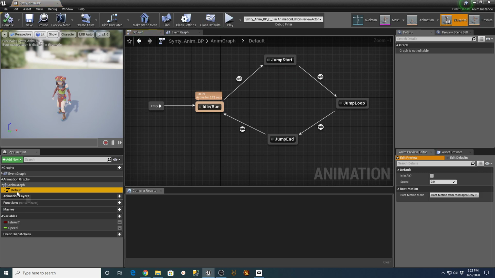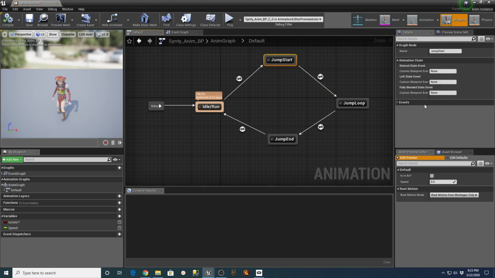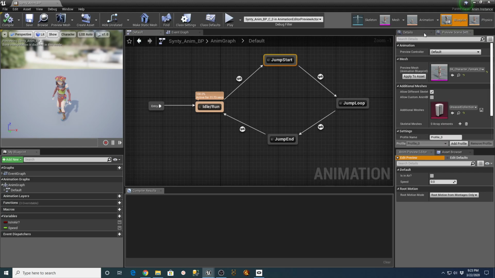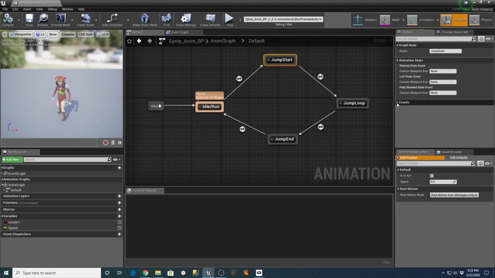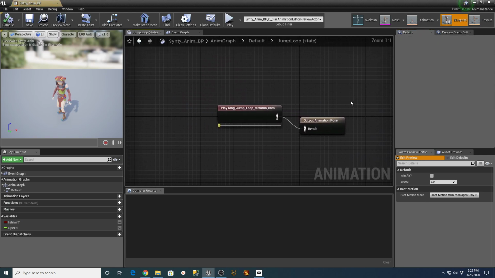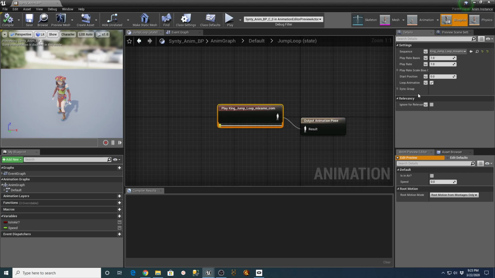So anim graph, jump start, and that animation. Actually, let's try the jump loop here. Actually, that one should be looped.